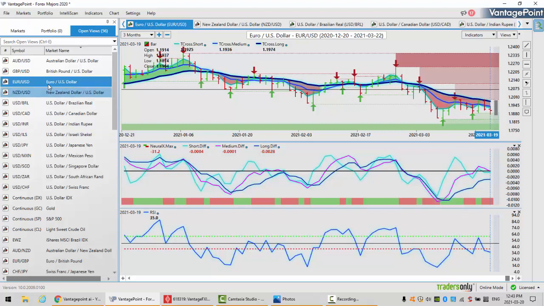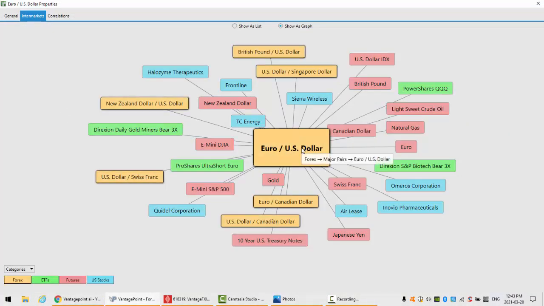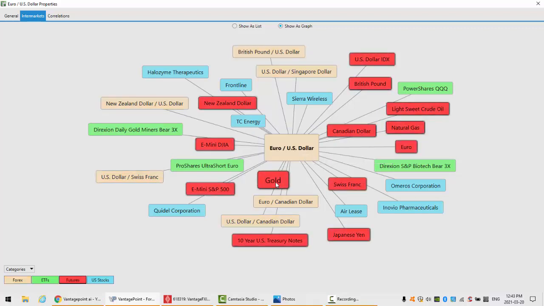The correlation with the euro, once again. When we look at the correlation and the driving factor for why the euro could not go any higher above that key vantage point level, it is because of these highlighted markets. In my view, it's these ones: gold, the Canadian dollar, the euro, oil. The dollar index was a killer for the euro also, and same as the New Zealand and some of